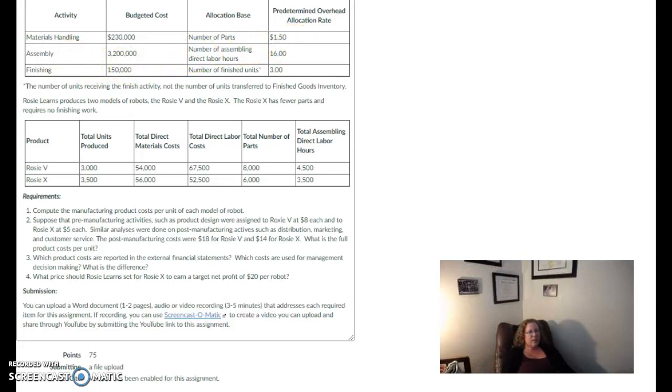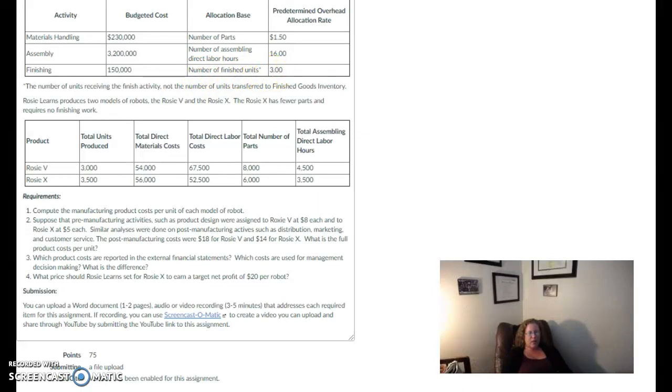The assembly is $3,200,000 in budgeted cost, and the allocation base is direct labor hours. That's your allocation base, and the predetermined overhead rate is $16. And then the finishing activity is $150,000, and the allocation base is the number of finished units,